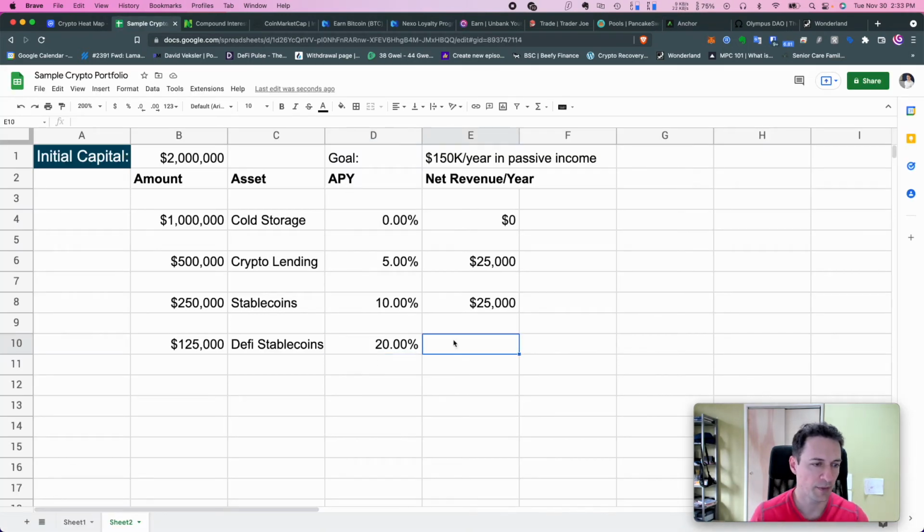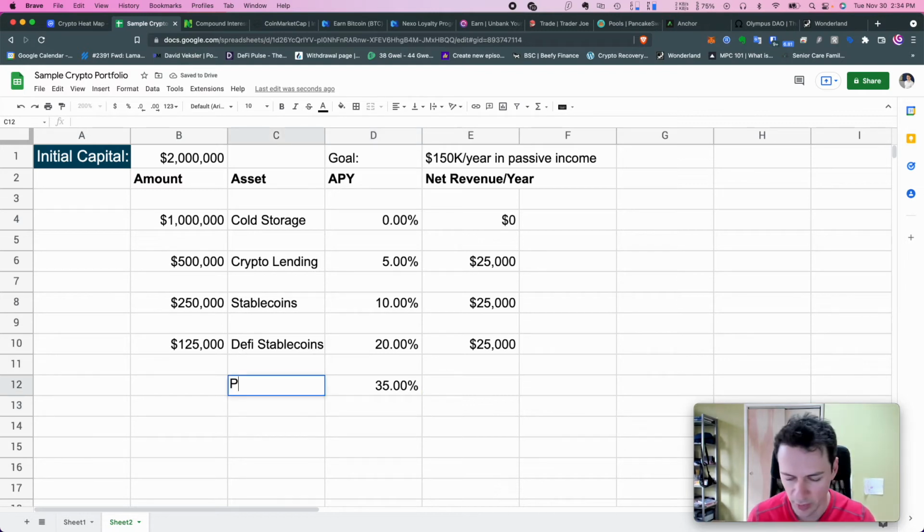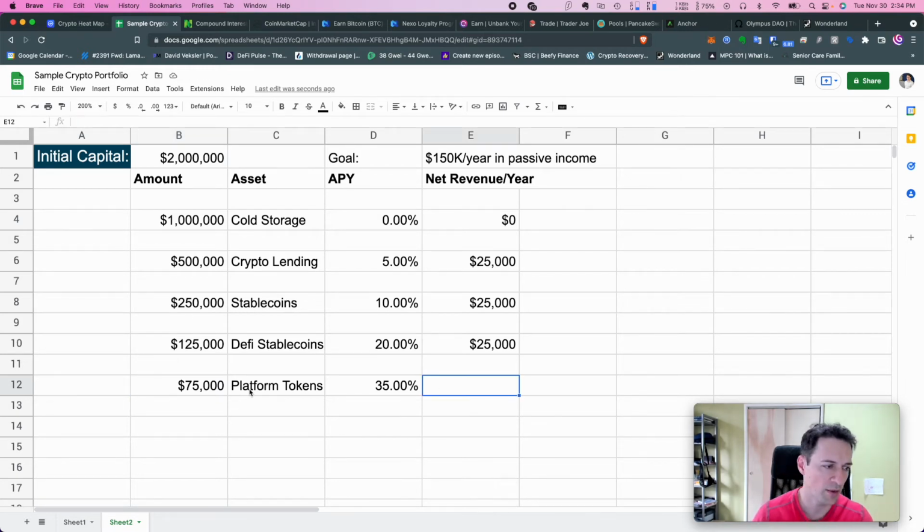All right. And so that means we get another 25,000 return. So let's up the risk to 35%. And we're going to put it on platform tokens. We're going to put 75,000 into this. Again, if you have 2,000, just divide it by 1,000, and that will give us